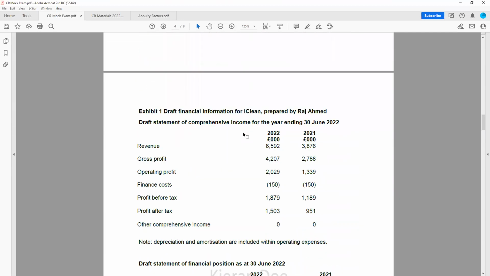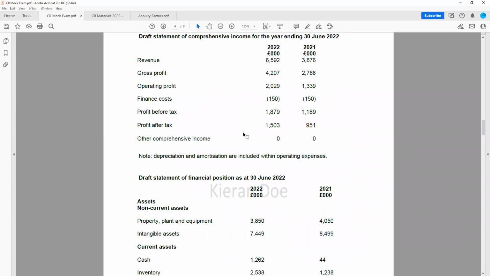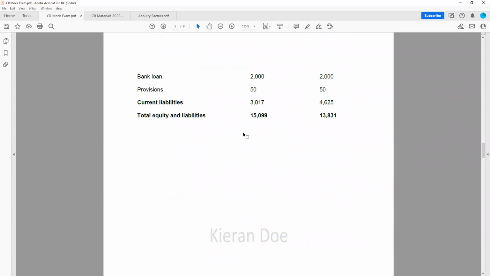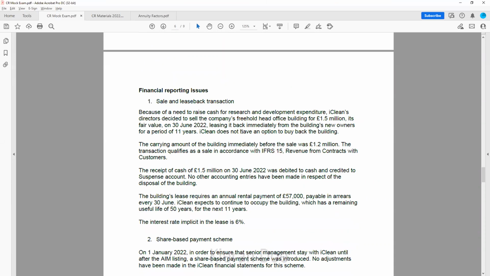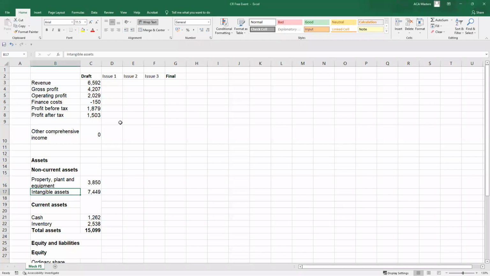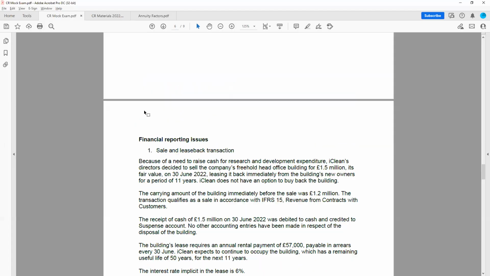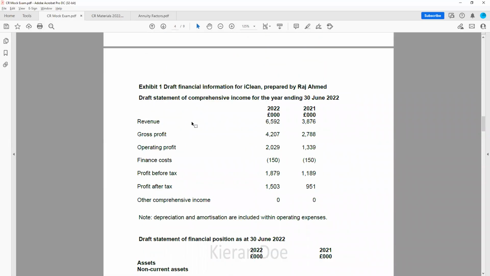So we know we've got these 3 issues to deal with. We've got our draft financial statement numbers. Let's just take it one issue at a time. You might want to have a quick skim through the draft financial statement, see what we've got going on here. We didn't have a breakdown of cost of sales or operating costs, but of course we can see, so you could look at it here or you could look at it on here, but we can see,